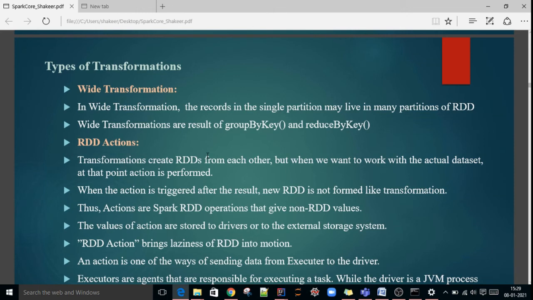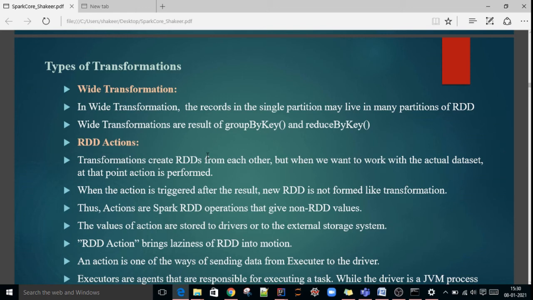We'll take one example. Suppose you are running some word count program, you have developed some logic, and all the logic will be individually performed on the partitions of, suppose, 5 nodes. If you consider 5 nodes in the cluster, the logic will be executed on the 5 nodes and the output will be stored on the 5 nodes. Once you perform some action, then the data that is processed in the nodes will come to the driver, the Spark driver.